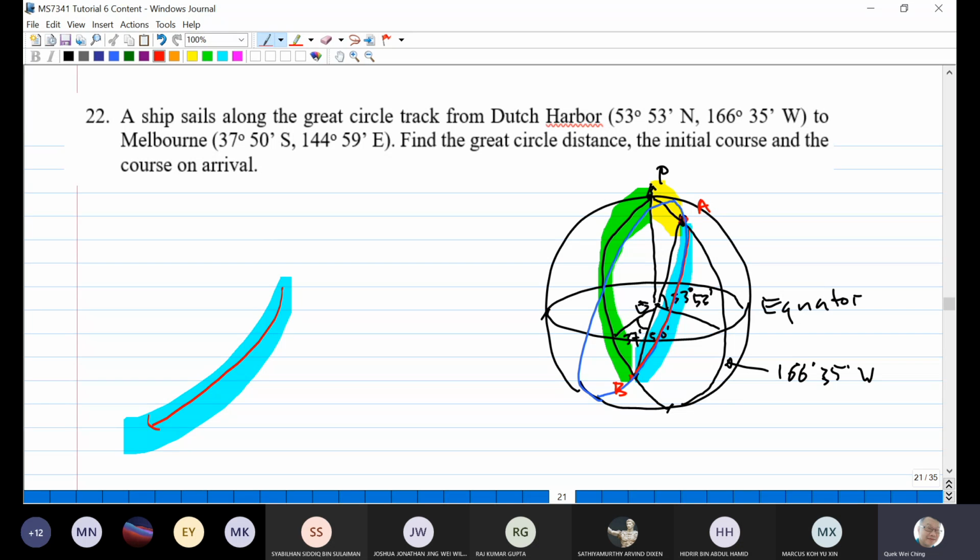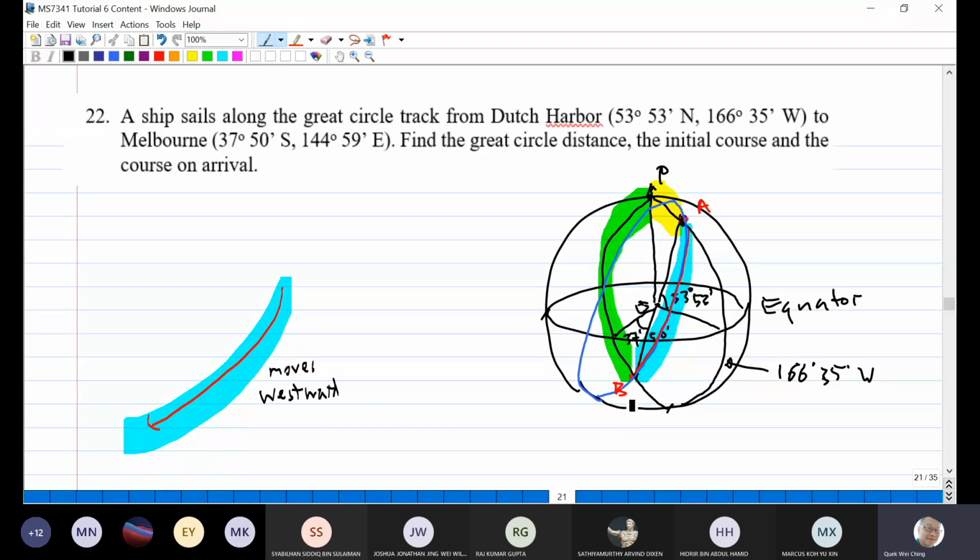So you can see that the ship actually moves to the west. If you continue moving, this is the west direction. So the ship actually moves westward